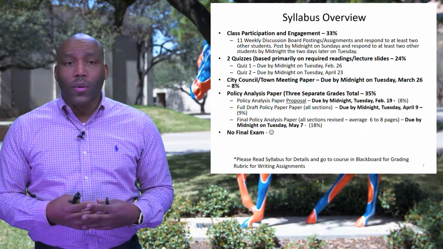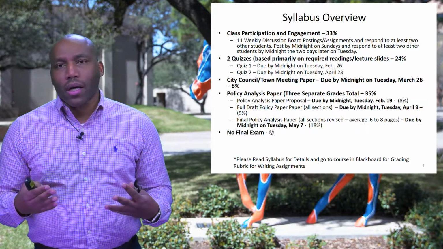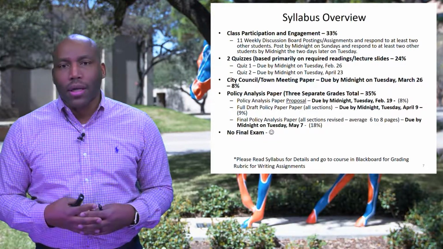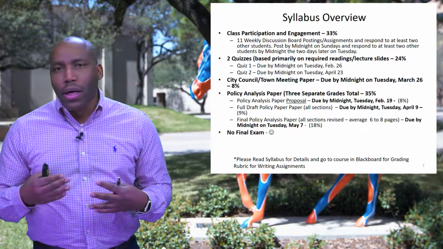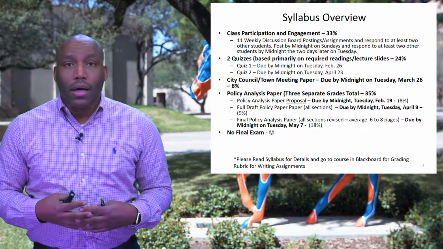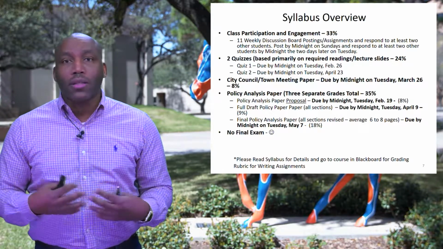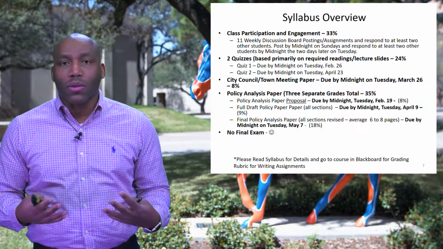Also in the class, we have what we call a city council town meeting paper. This paper is less than 1,000 words, and I'll add additional instructions out there in Blackboard along with a grading rubric. For this assignment, you really have to attend a city council or a town meeting, something of the equivalent, and you're basically writing a report on what took place based upon the principles that we'll discuss in class,